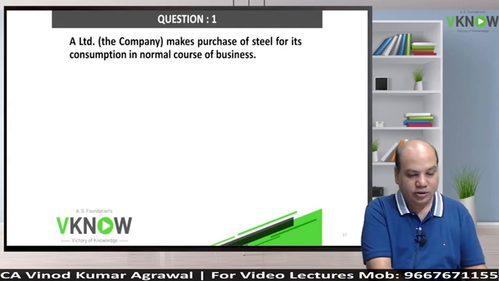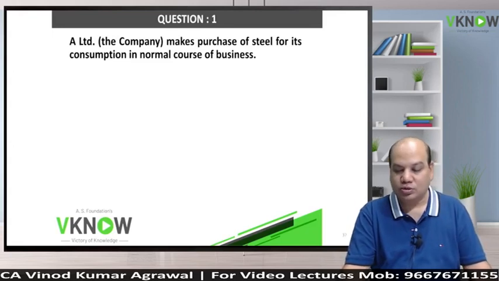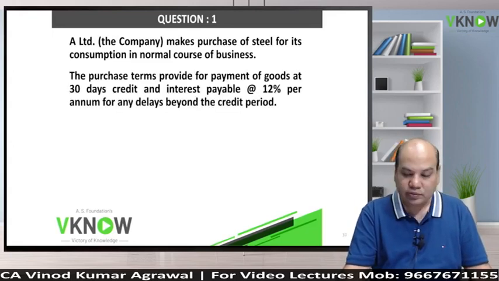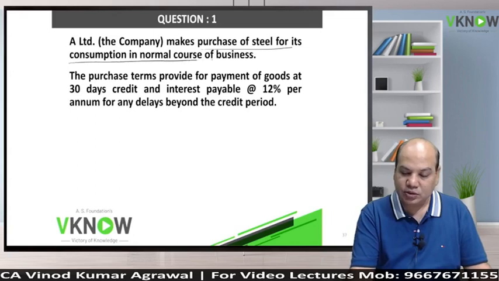I have taken some of the most important questions. We will discuss the concept and we will discuss 1 or 2 examples on the concept. So question number 1 says, A Limited makes purchase of steel for its consumption in the normal course of